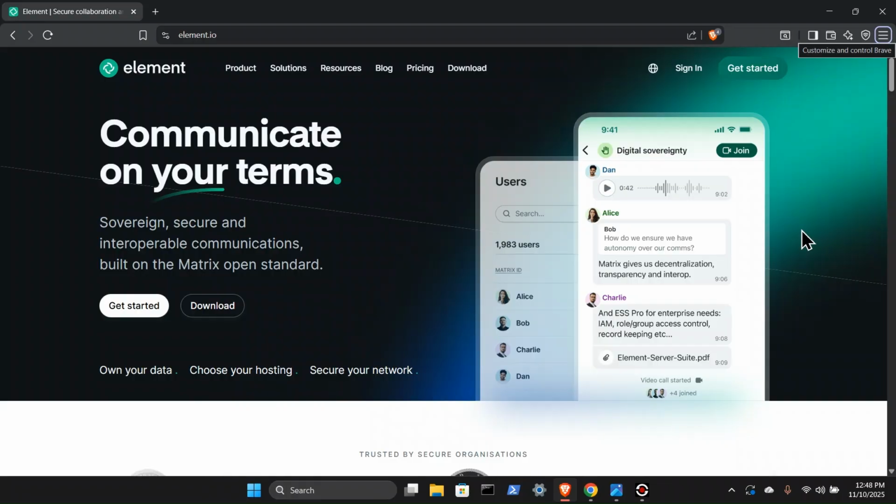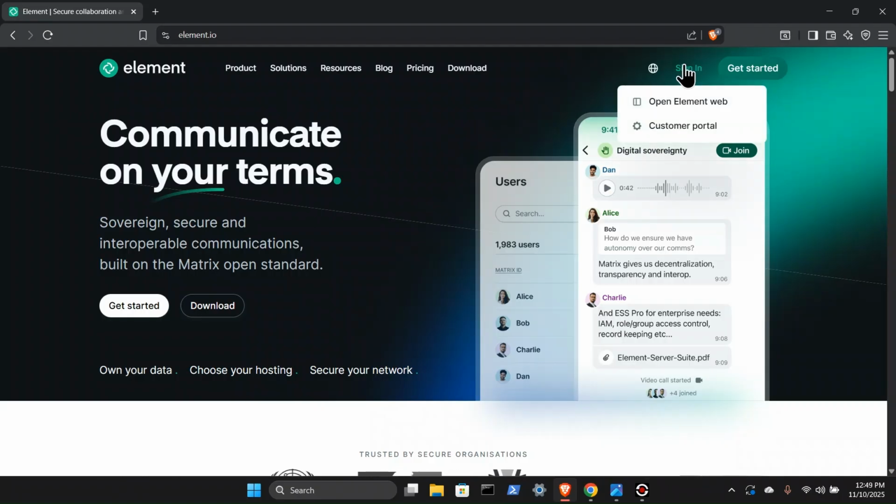All right, in part 3, we'll take a look at Element, which is built on the Matrix protocol. And you can access this by going to element.io, shown here. And once we're on the site, we can do one of two things. We can either sign in if we already have an account, which then we would click Open Element Web, or